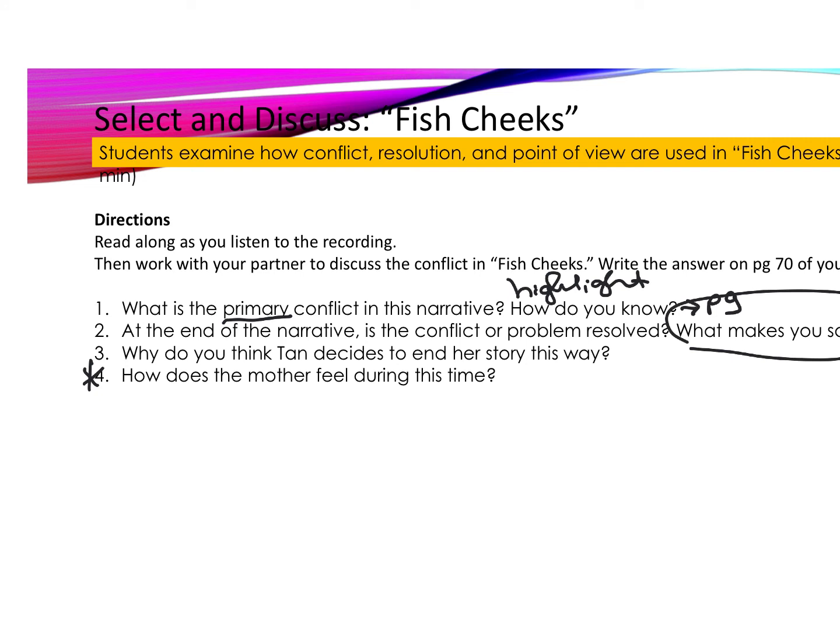At the end of the narrative, is the conflict resolved? Yes. Okay. Because she looks back and she says, you know what, it was my favorite meal. And so it kind of does resolve itself if you look at her main conflict as the guilt and shame that she felt. Okay. Why do you think the author ended her story with, hey, looking back, my mom made my favorite meal, and so I was kind of ashamed at how I did? Why did she do that?